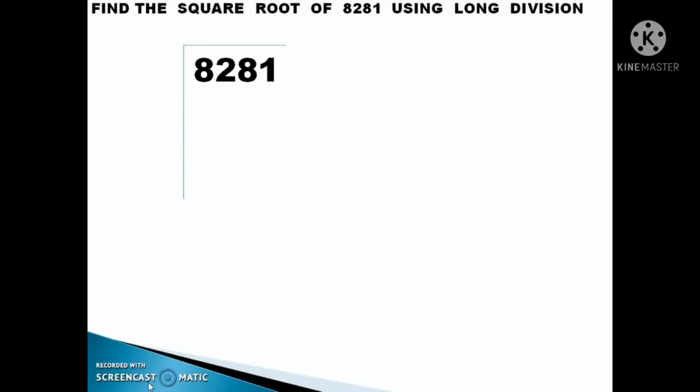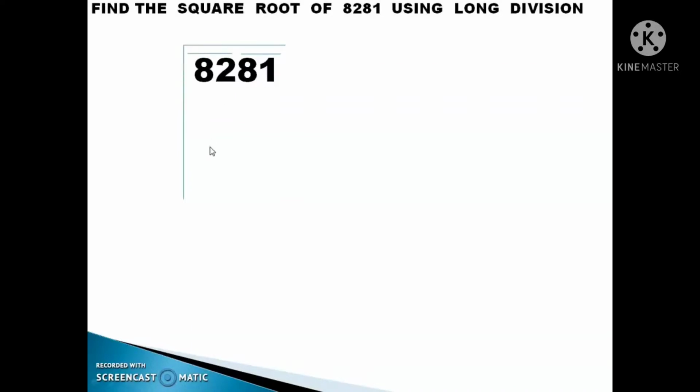From which direction will you start? You will start pairing the numbers into 2 from right side. This is the first pair and this is the second pair. So from where will you start? You will start from the ones digit. So the first pair is 1 and 8, 81. The second pair is 2 and 8, 82. So the first pair is here, but you will start doing from the left. That's not an issue, but pairing should start from the units place.